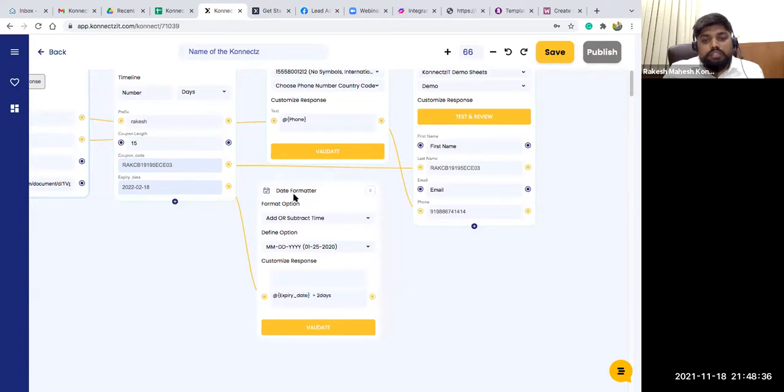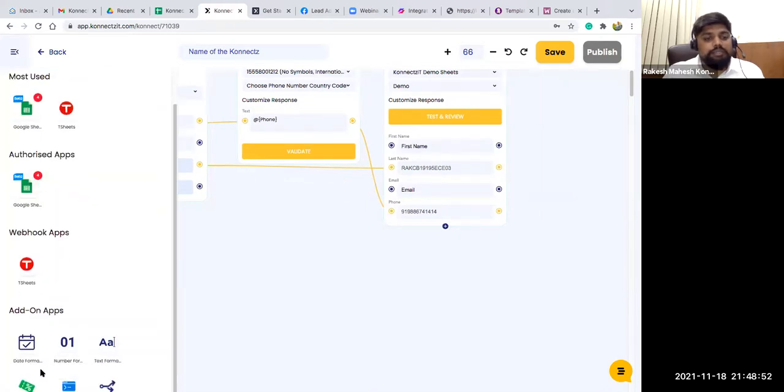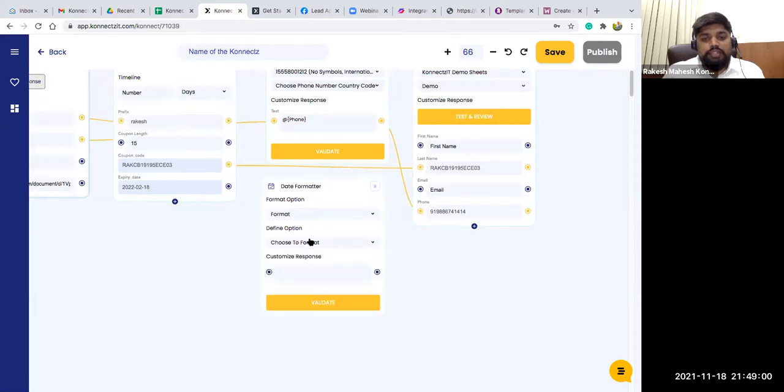So once this has been added, I think we should add it here. So let me change the date formatter. Okay, I'll choose the option as format date. And choose the format, right now it is year, month, and date.